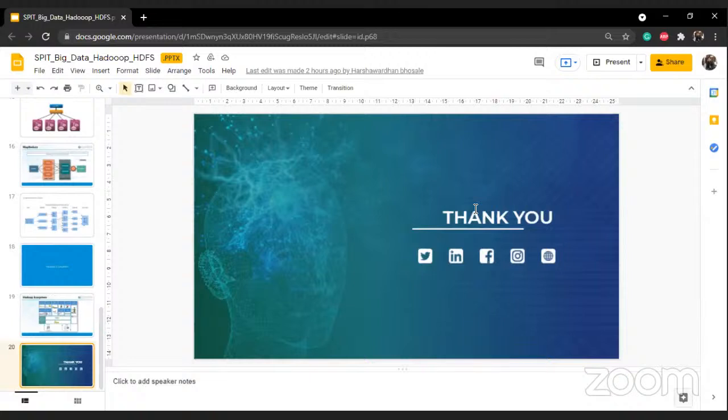Just for your information, Yahoo was one of the first companies where a Hadoop cluster was configured, launched and used. Actually, Google published two white papers, one on the Google File System and one on MapReduce, and by making use of those, Doug Cutting is the person who invented Hadoop. You can go and search for Doug Cutting. He invented Hadoop.